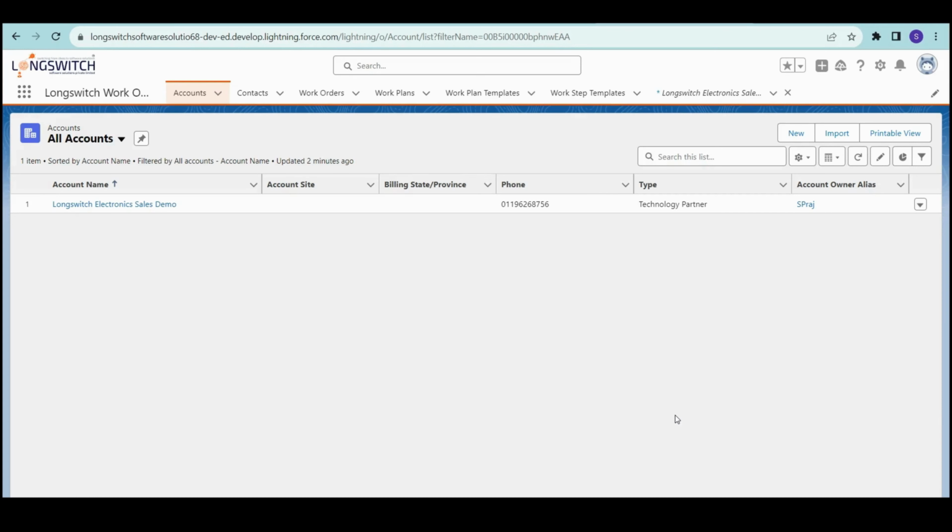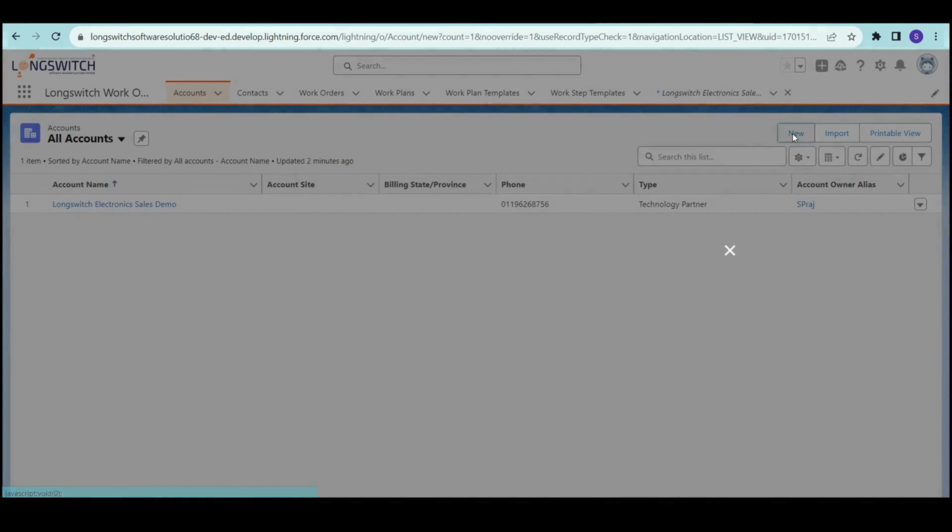Today we will be looking at how we can create work orders in Salesforce and what are the different objects involved in that process. So let's begin. First, the account object we will utilize to store the customer's data for which we will be creating the work orders. So in the accounts, if you click on new, you can enter the details